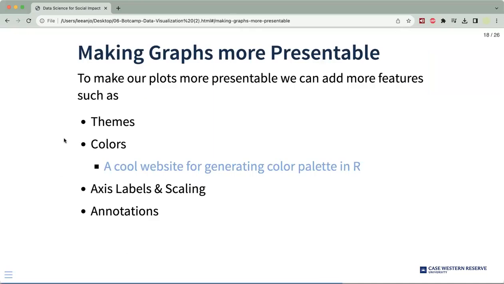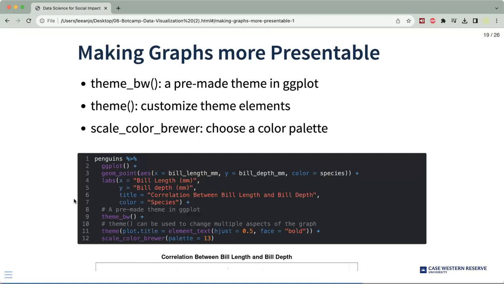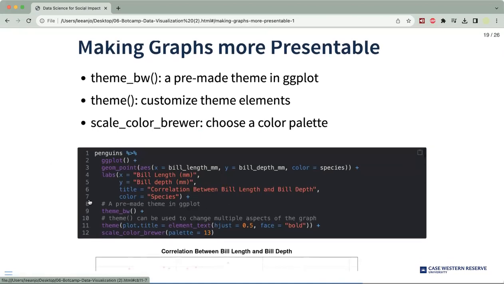And then next thing we can do is to make graphs more presentable. To make our plots more presentable, we can add more features such as themes, colors, axis labels and scaling, and some annotations. So there are some pre-made themes in ggplot. For example, it is theme BW, which means black and white. And we can also customize some theme elements by using this theme function. And if you want to choose a color palette of your own choice, you can use this scale color brewer function